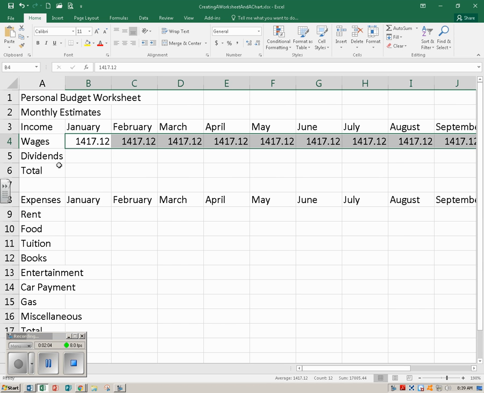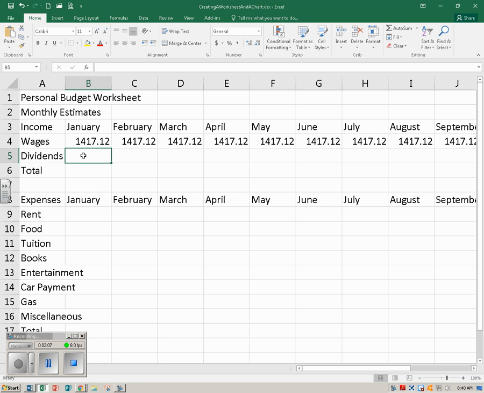And so the next thing, for dividends, the person that made out this personal budget worksheet gets dividends twice a year, in January and in July. So for January, we're going to put in $4,029.71. And for July, we are going to type in $4,029.71. In February, she received 0, and so we're going to type a 0 in cell C5, and then put